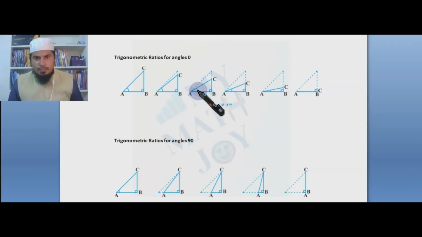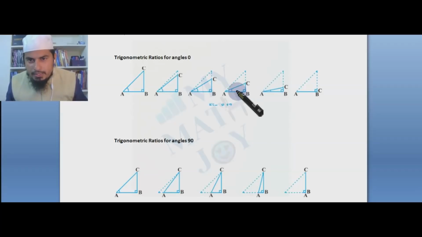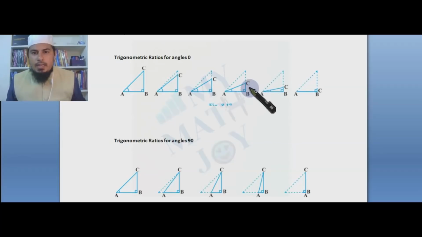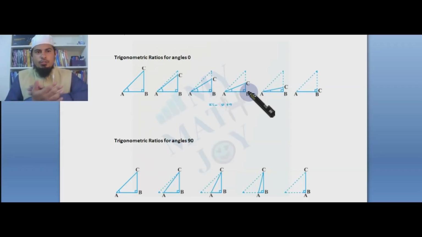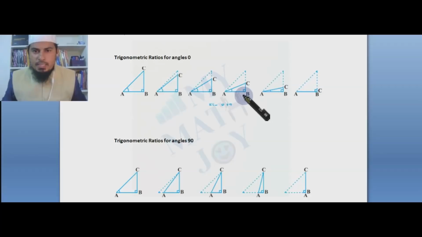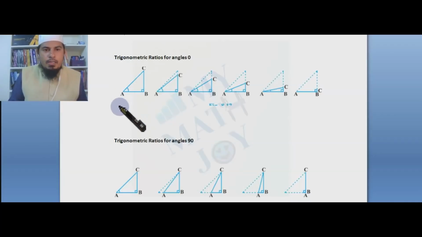This angle is reduced further, it became like this, because we want to reach 0. When we are decreasing this angle completely, what is going to happen? This BC, the opposite side, is going to vanish, and it is no more BC. BC became 0, and AC and AB overlapped. In that case, if we want our trigonometric ratios to be found, how can we find them?